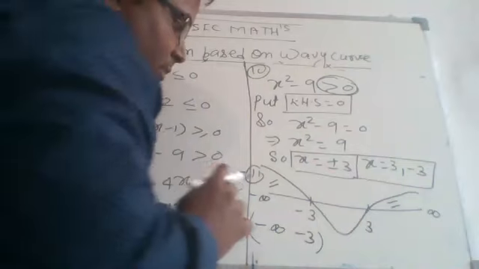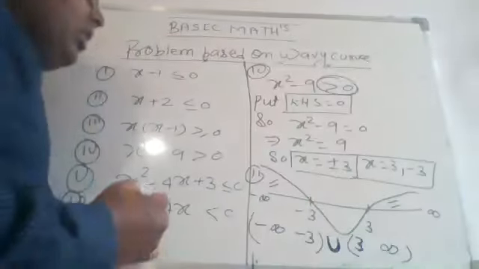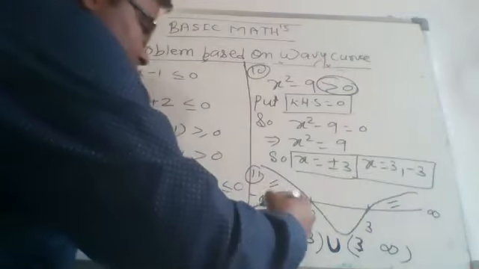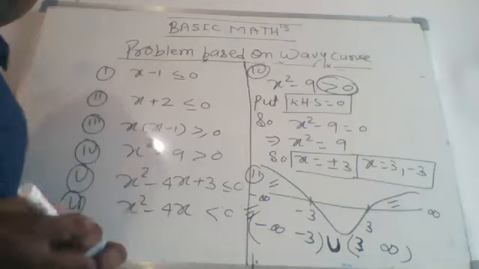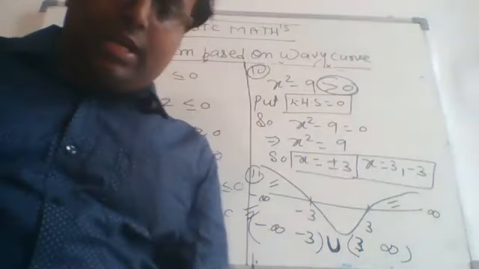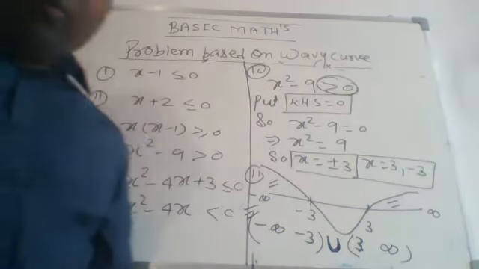When we apply the small bracket, now we get the first solution like this, and for the second solution, what we get? 3 to infinity, this one. We have to apply the open interval, and then we have to apply the union between both the solutions. So by this way, we get the solution of this inequality. Right, everyone. So by this way, we can solve such type of inequality by using the wavy curve method.